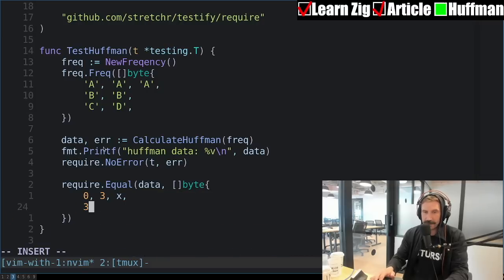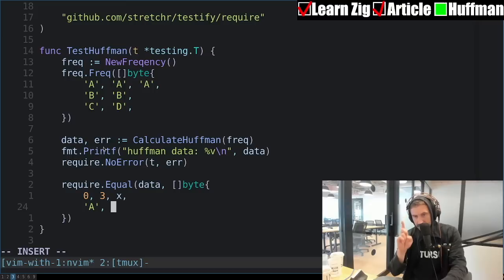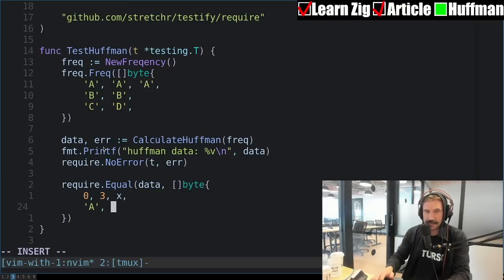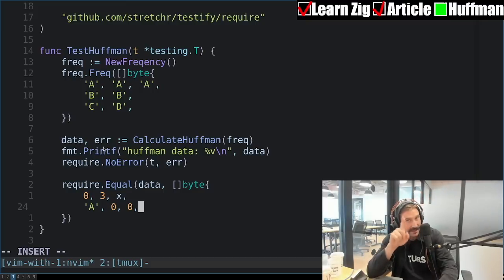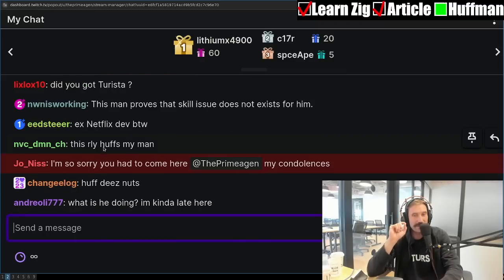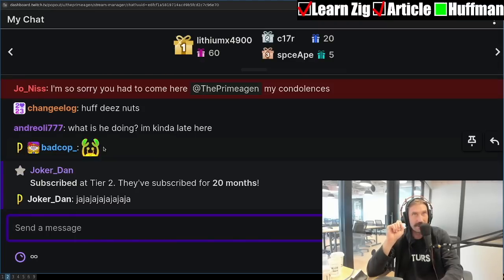All right, so that means that it should be A. That's the value. And then its left is 0. It should be 0, 0 if I've correctly encoded nils. I don't think I correctly encoded nils. I think that's one thing I did not do correctly. I'm wondering about that, because I don't know if we initialize buffers with zeros or not.